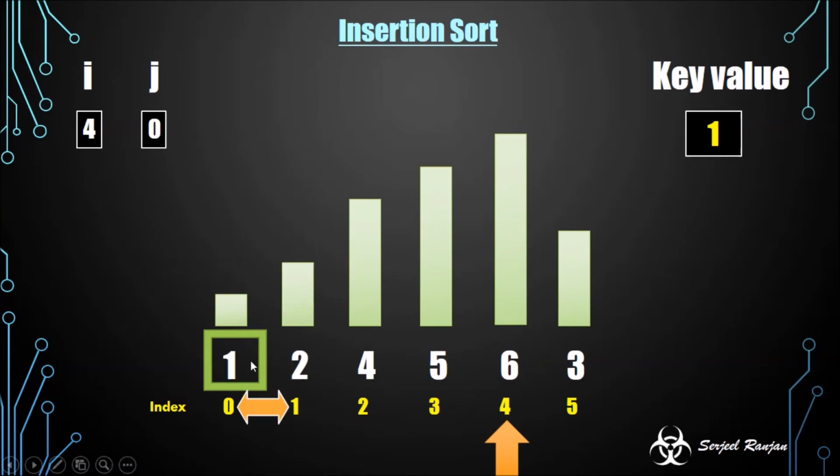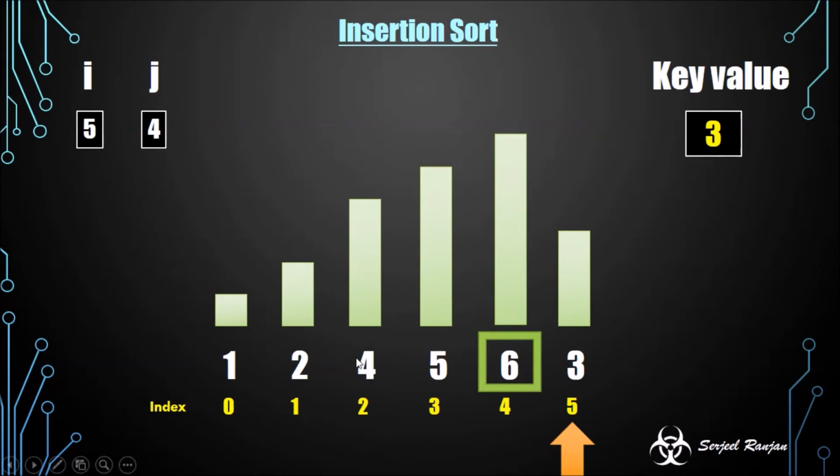So 1 will come to 0th index, 2 will come on first index, and so on. Since the box reached the 0th index, we have to increment the value of I. Okay, so now I has come to 5th index and j is one step before that, that is the 4th